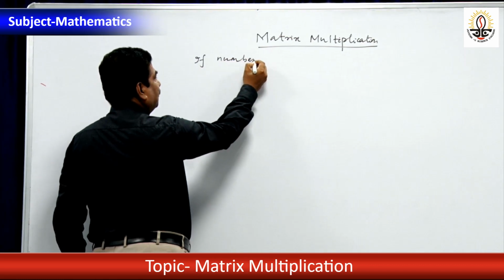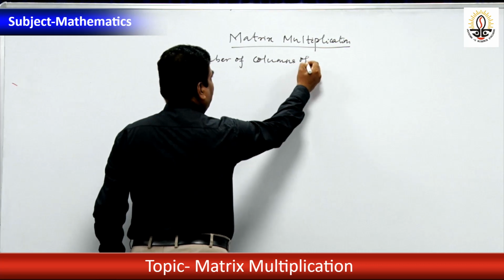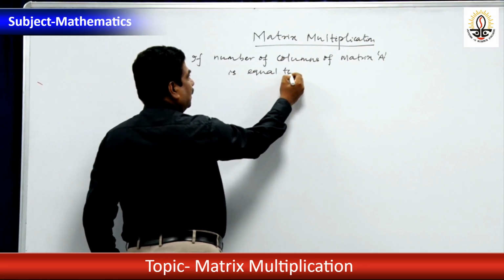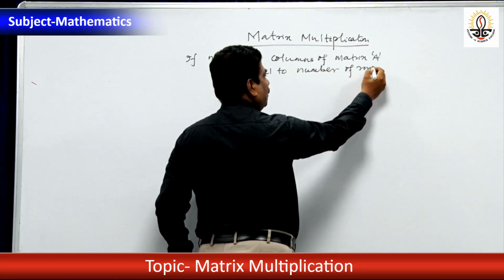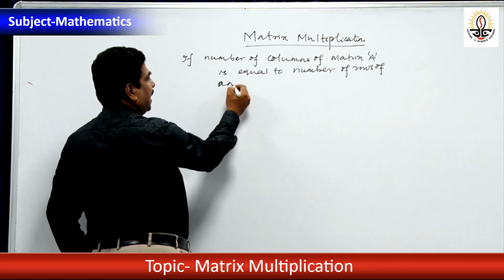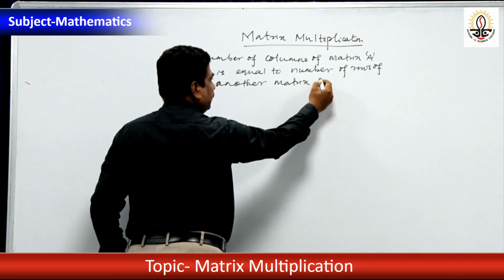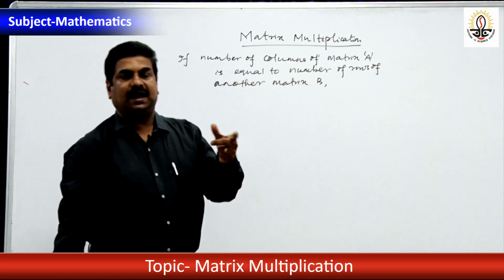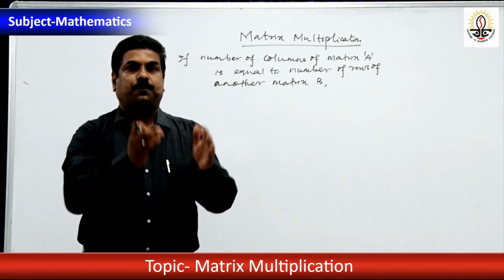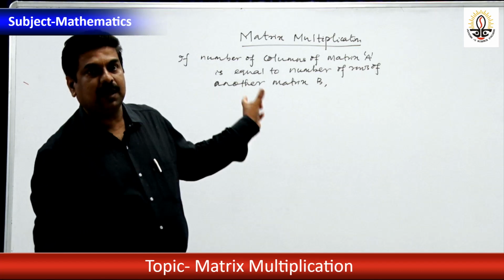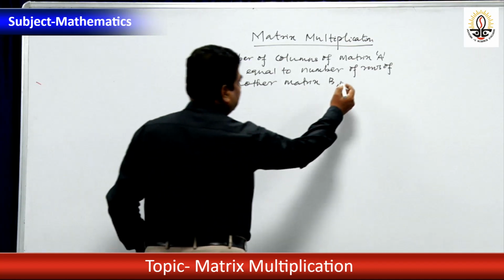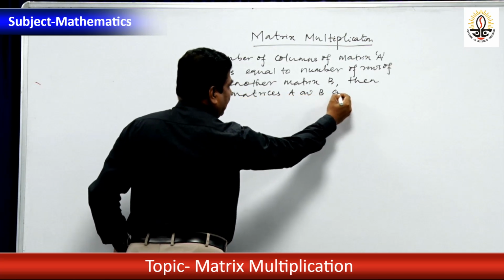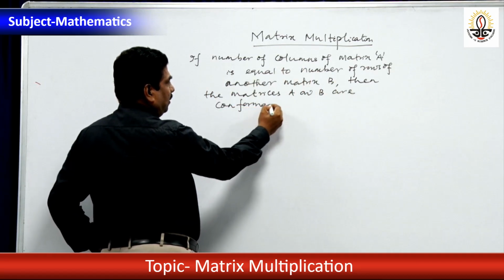If the number of columns of matrix A is equal to the number of rows of another matrix B, that is, the number of columns of the matrix A is equal to the number of rows of the matrix B, then the matrices A and B are conformable for products,